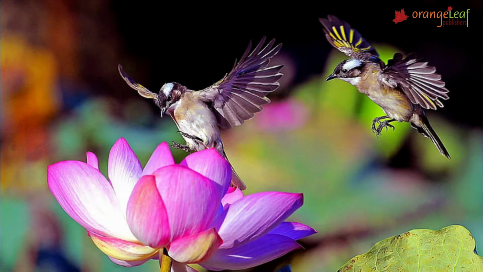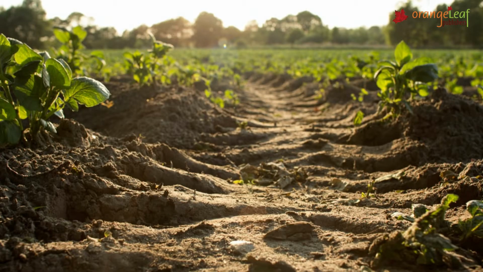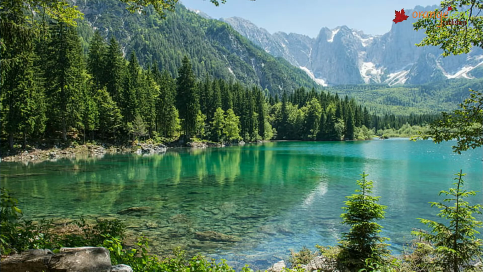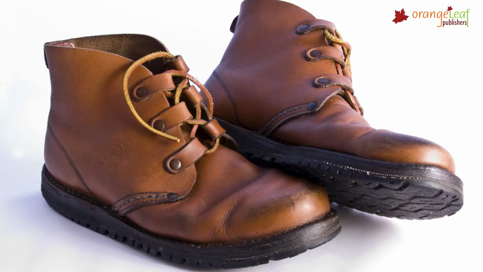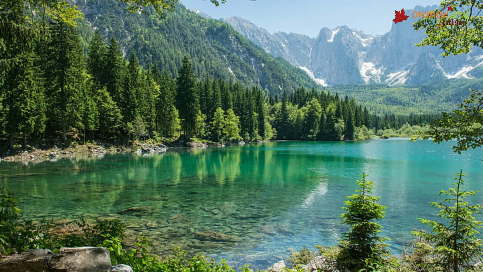Our environment contains living and non-living things. The living things are the plants, which we also call flora, and animals, which we call fauna. The non-living things in the environment are things like air, water, rocks, soil, etc. Now the living and non-living things together are the natural resources. Natural resources are very important for our needs. Everything that we use, shoes, clothes, cars, buses, etc. are what we make and use from the natural resources.